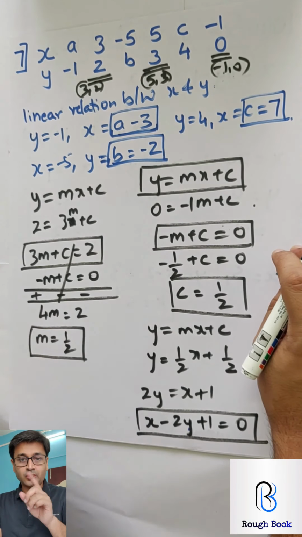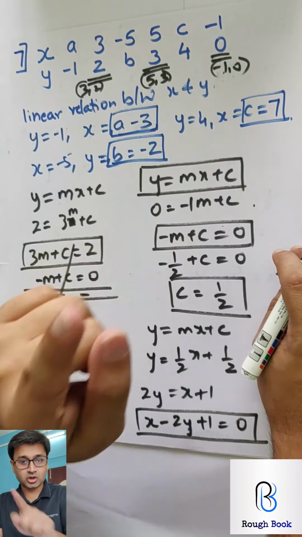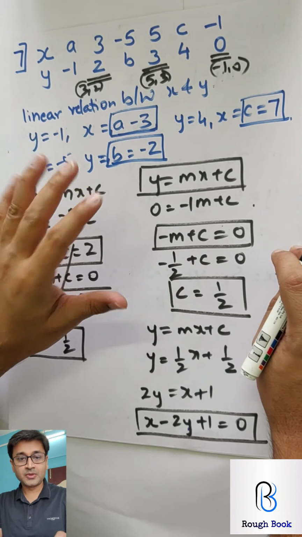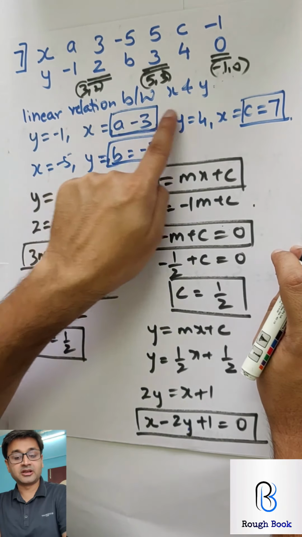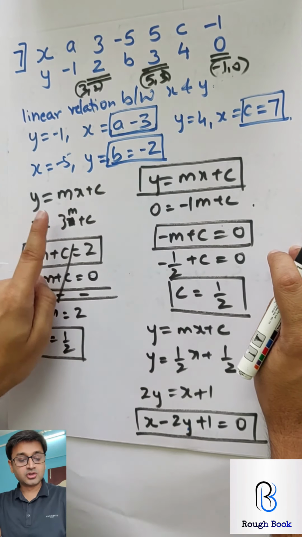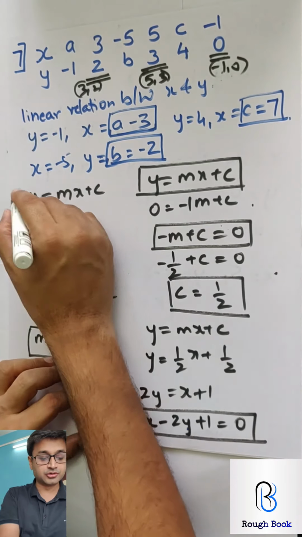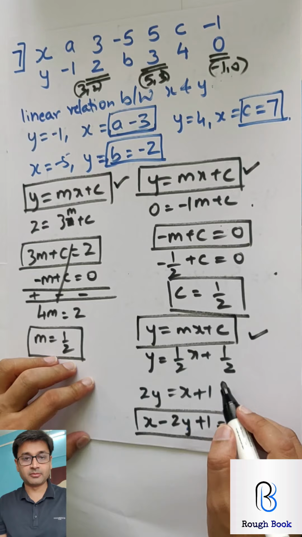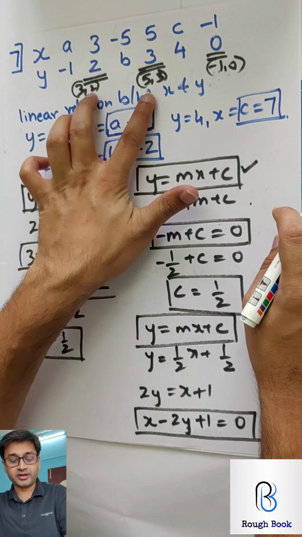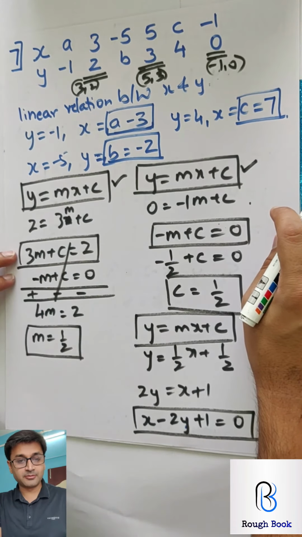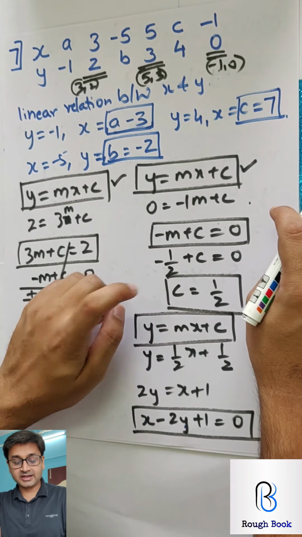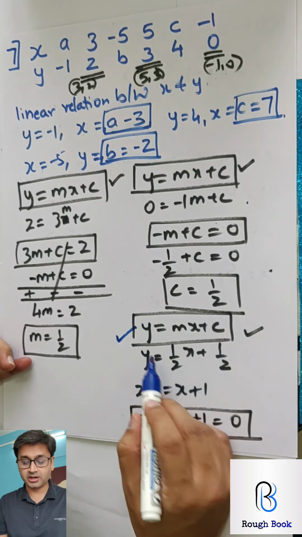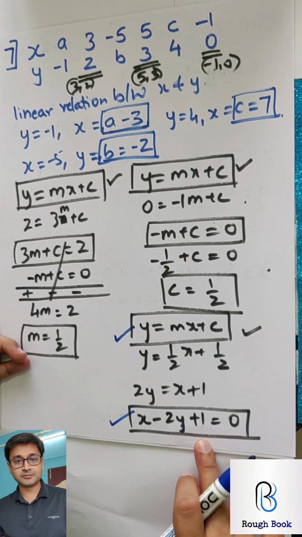Did you understand? So once again, first we plotted the points, got the line, used a, b, c and got the coordinates of a, b and c. That is sorted. And now the most important thing is linear relation between x and y. How to get it? So y is equal to mx plus c, 3 times we are going to use. Once, twice and for the third time. Will you remember that? So 2 times use these points, get 2 equations, apply simultaneous, get m and c and finally substitute that m and c right over here in this one in order to get the final relationship.